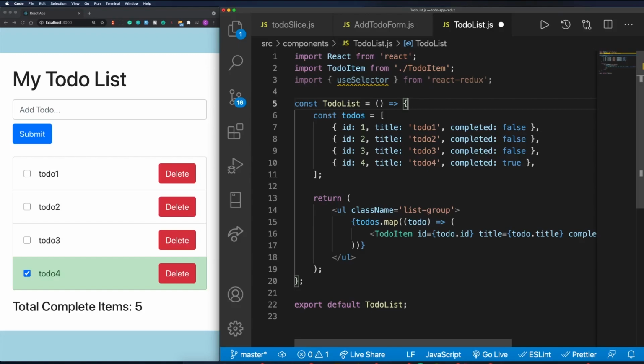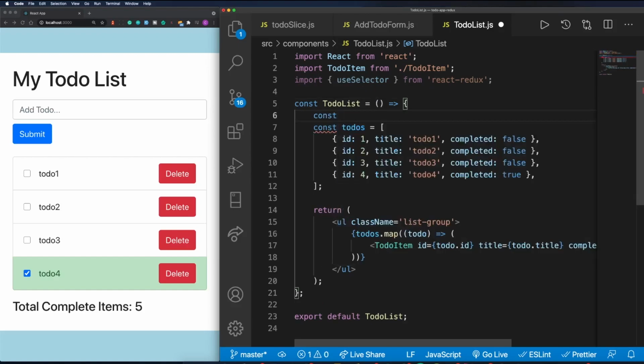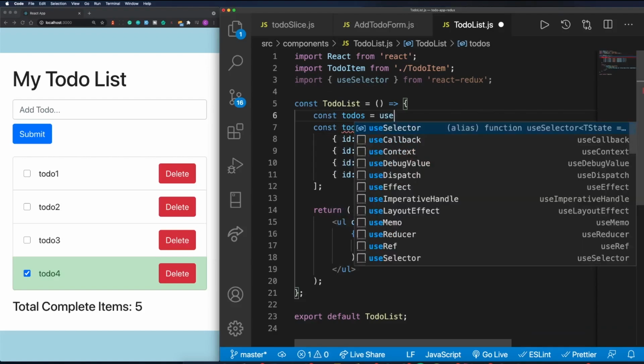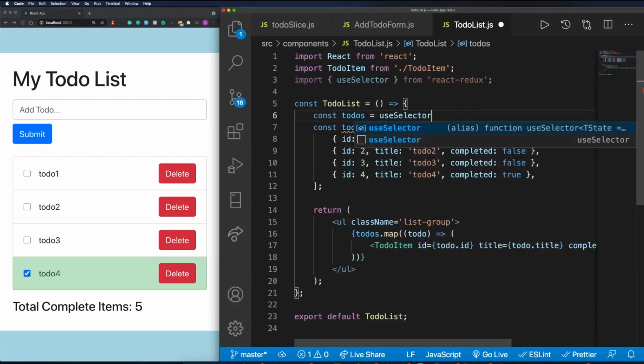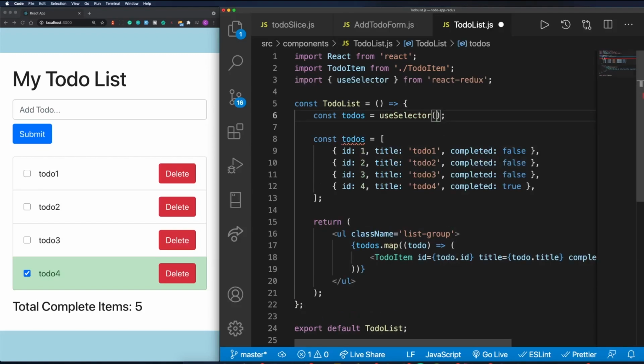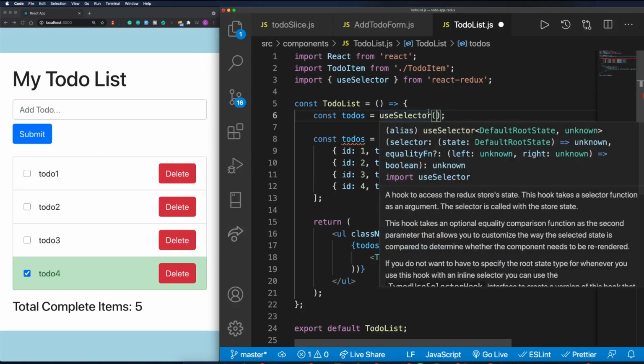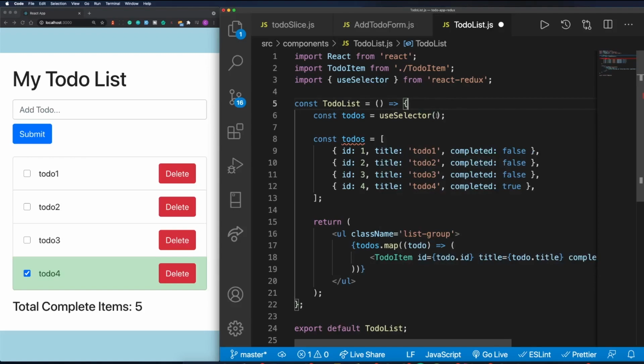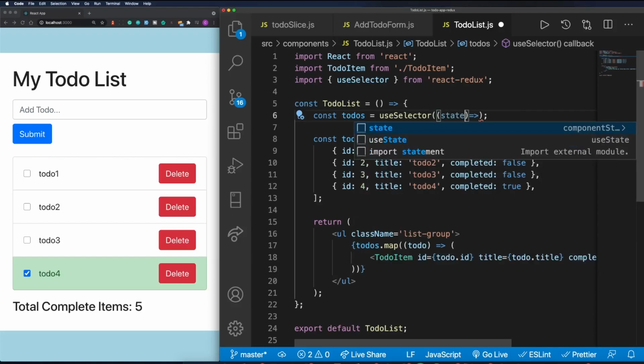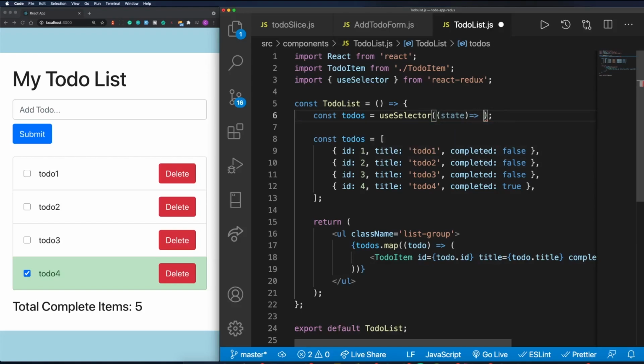Now in our function, we can call this hook by saying const todos is going to be equal to useSelector(). This accepts a function and returns us the data based on that function. So we'll pass in our function. In this case, it'll be an arrow function. This accepts the state, which is passed in by Redux. And all we want to do here is return state.todos. Now this is going to go to the store, pick out all the to-dos from state, and assign it